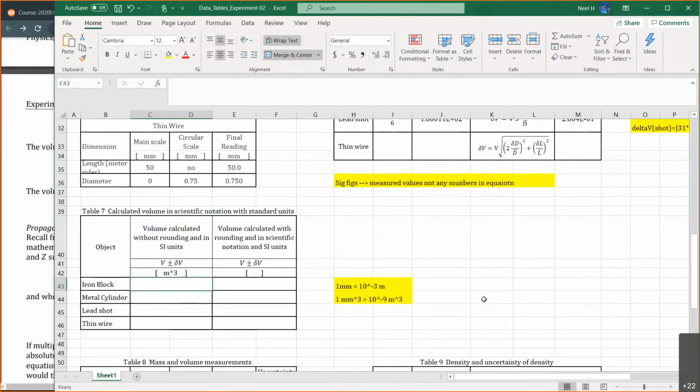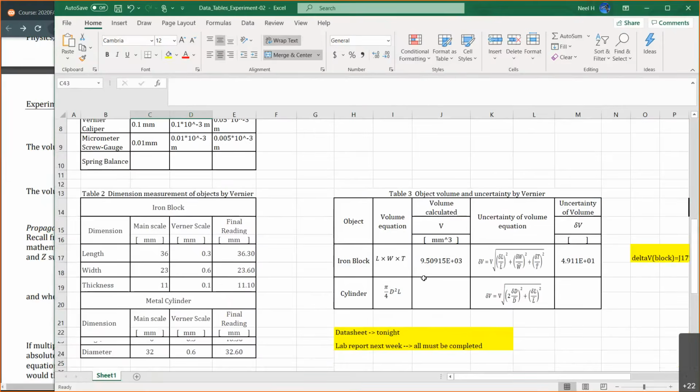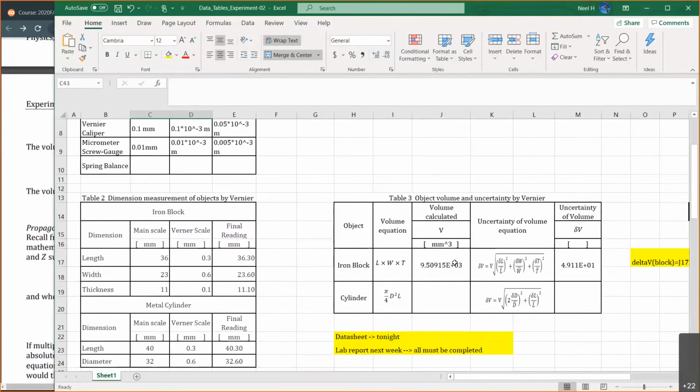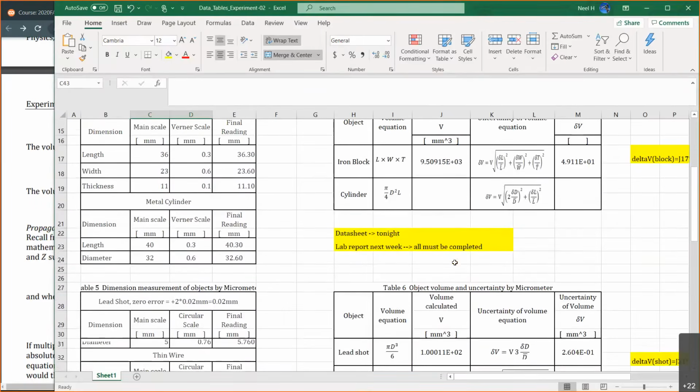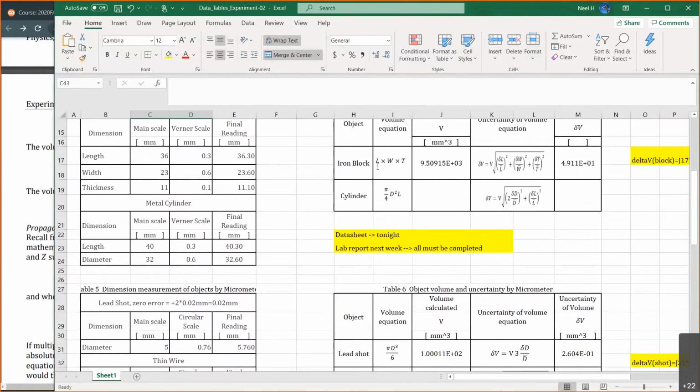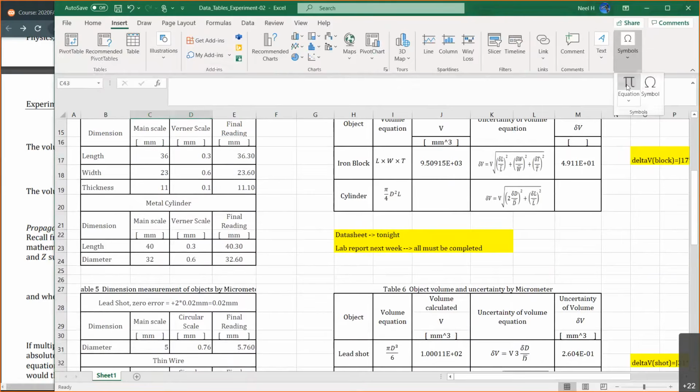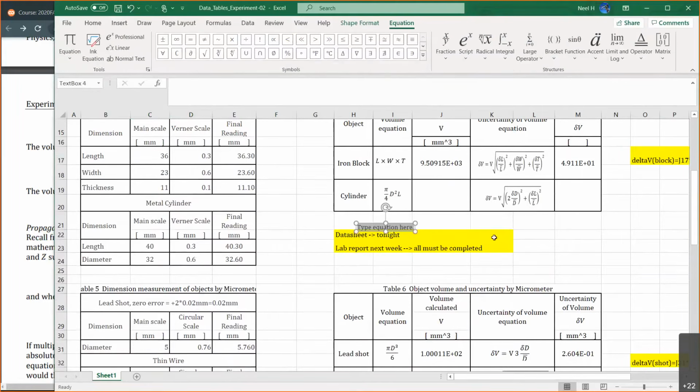So that's one way to do that problem. Or I can bring all these numbers and then multiply by 10 to the negative 9 and then correct with the right significant figures and the right SI units. Let's write it down this first. So now I'm going to write down the iron block. I need to insert an equation, anywhere, it doesn't matter. Parentheses, let's write down this number, volume of the iron block,